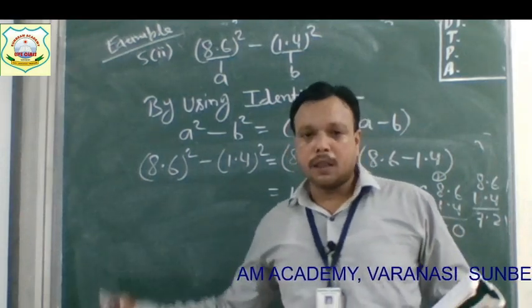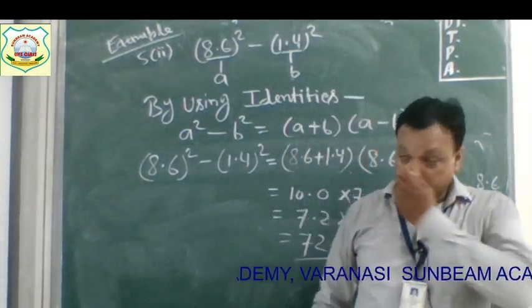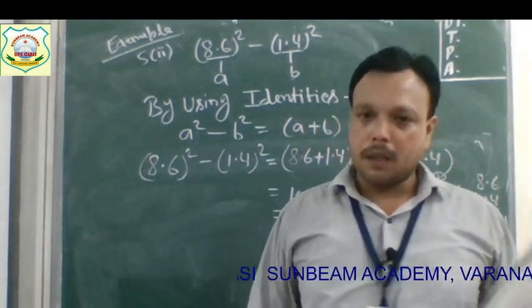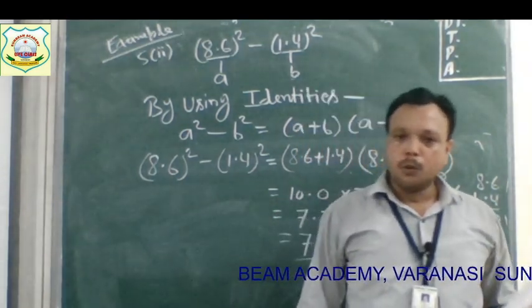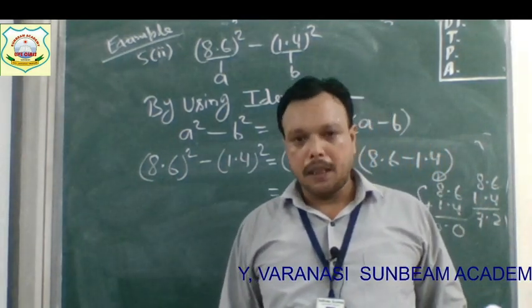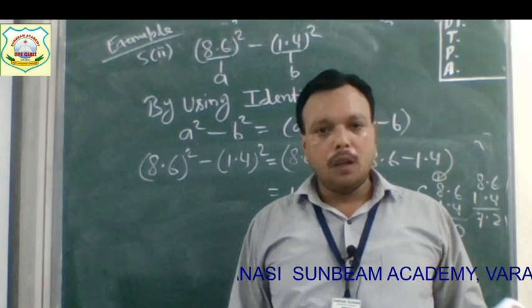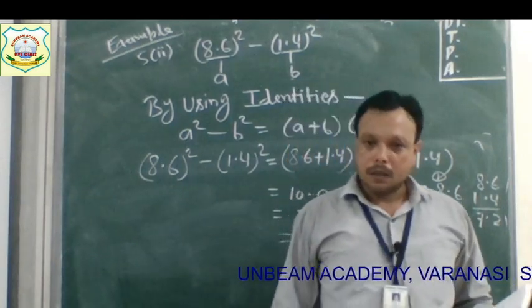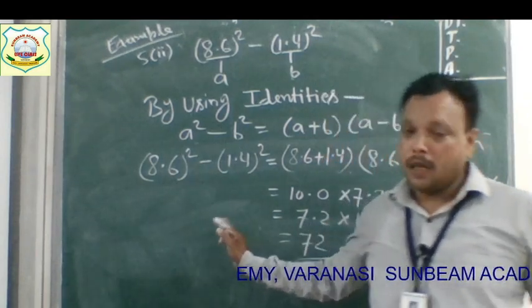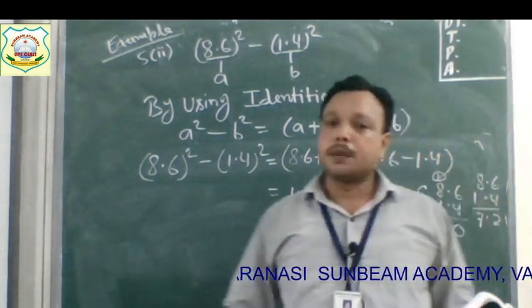Now students, next class we will discuss the first and second identities. The identities we are using here, we have used all of them in this exercise: a plus b whole square, a minus b whole square, and a square minus b square. Similarly, we will use all the identities in the next exercise. The next exercise is 7C, clear? So you have to complete this one and try the examples of 7C.